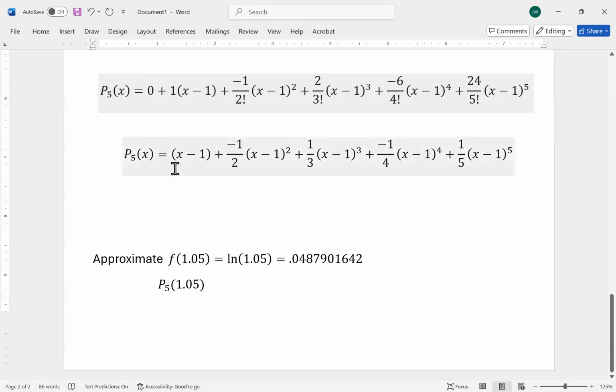When I did that, again, I'm not writing out every step here, I ended up getting